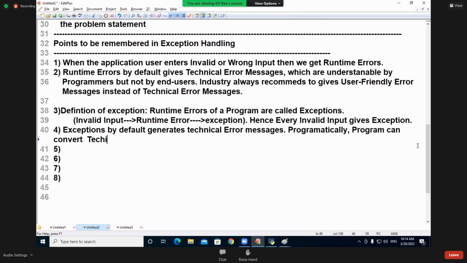Because these points I have to write very carefully: technical error messages into which messages? User-friendly error messages.